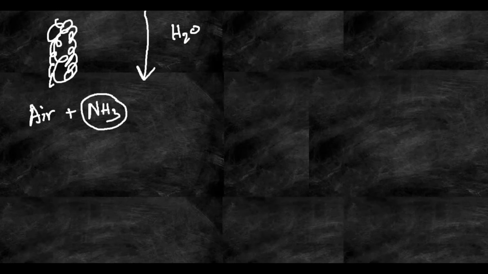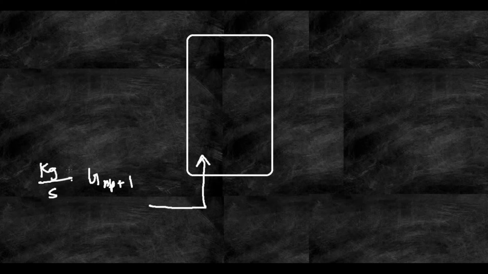First I will draw an absorber. So here comes my absorption tower. From the bottom the gas mixture will be pumped in. Now the gas flow rate I will denote with G_{N+1}. This is the gas flow rate. The unit of this will be kgs per second or kgs per hour, or the unit can also be kilomoles per second or kilomoles per hour. This is the unit of G_{N+1}.